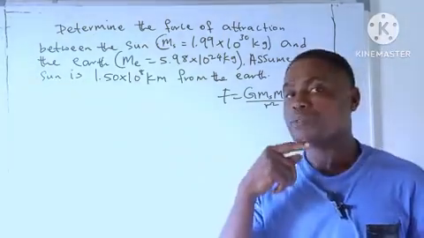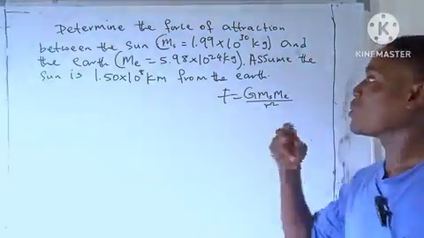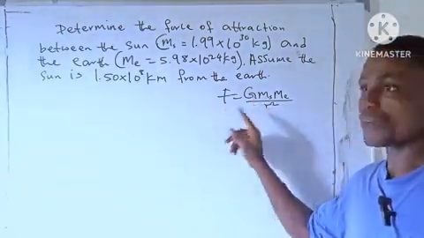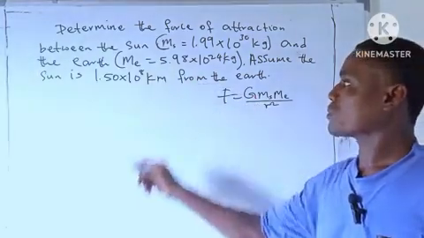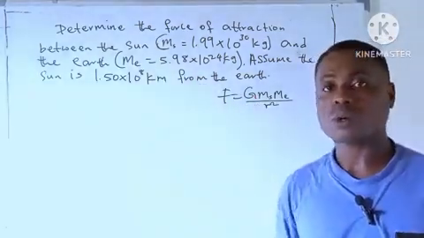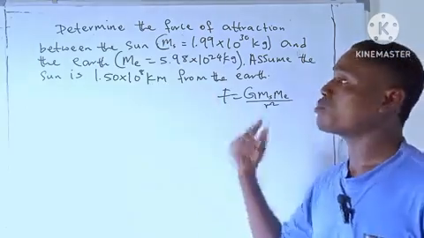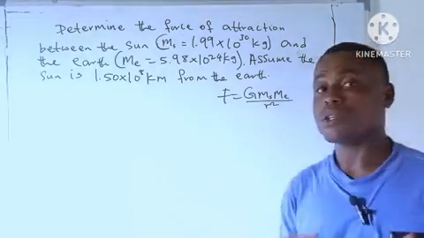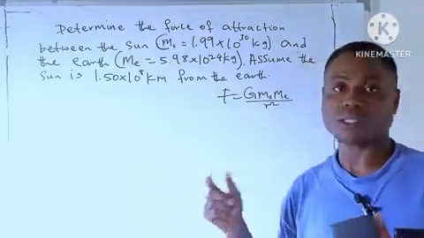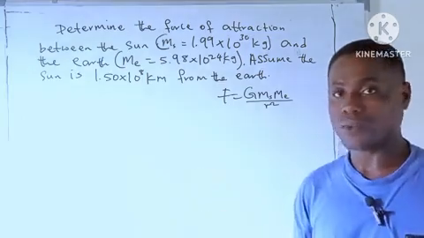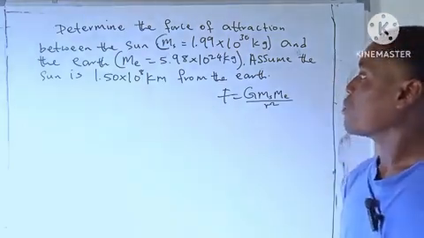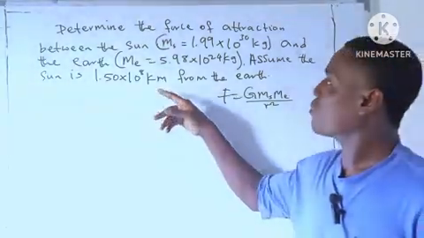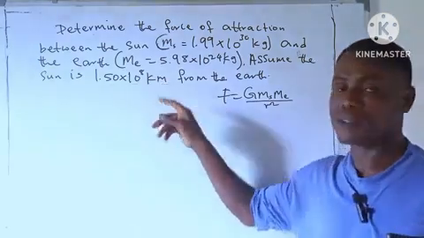Now, in the previous video, I said most of the questions you won't be given the value of G. Now look at this question. Is the value of G given? No. That's why I said you have to put that value in your head. So you know the value of G, right? 6.67 times 10 raised to minus 11. Before we start solving, let's first convert from kilometer